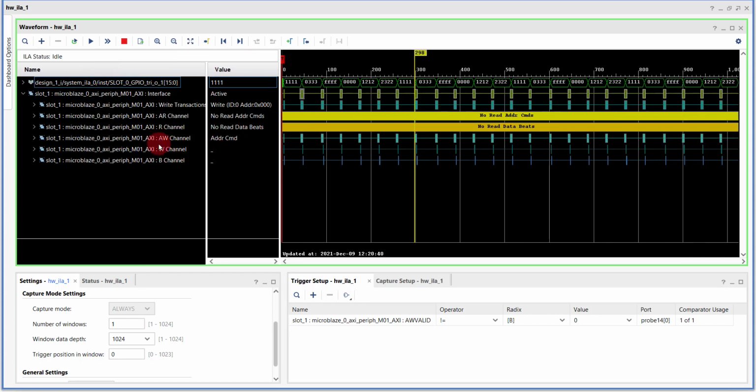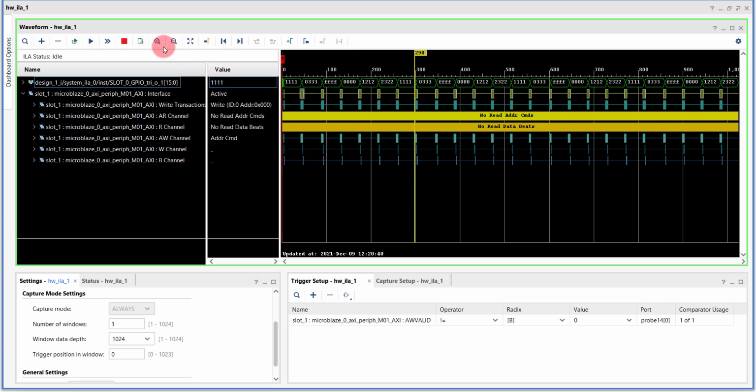The AW channel is used to communicate the address, the W channel is used to communicate the data, and the B channel is where we receive the response of a transaction. The AR channel similarly is used to convey the address and control information. The R channel is where we receive the data as well as the response of a transaction. Since we are not performing a read operation, these two channels do not have any active transaction, whereas the AW channel has an active transaction.